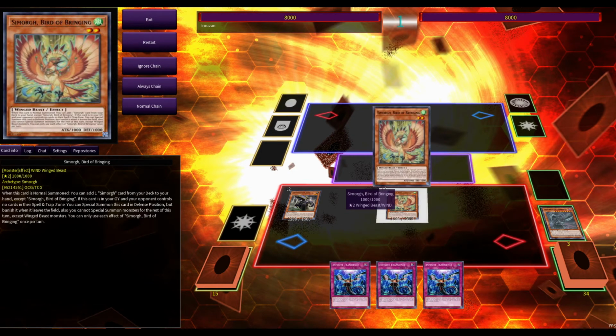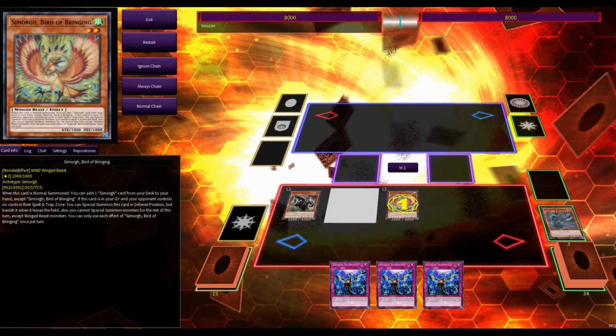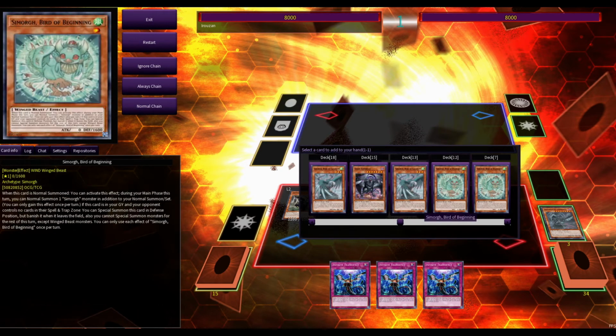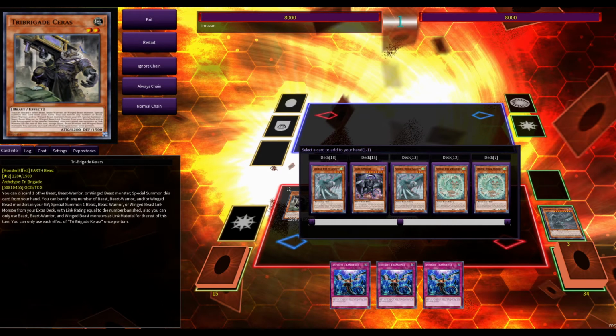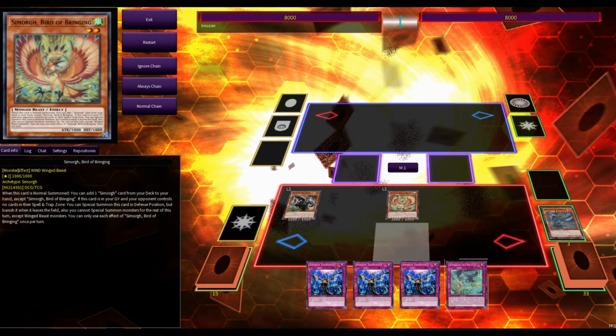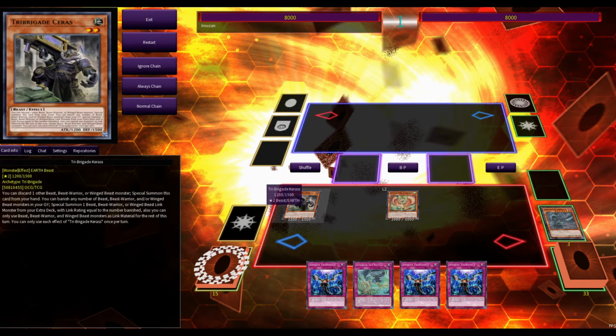And now from here, you go him. And when he's normal summoned, you add a Simorgh card. So if you wanted to keep the Dark Simorgh, you could add a different Simorgh for Saris to discard there. But I'm going to add this, because this is where we can set up the little mini lock with the Wind Barrier statue. And so from here, you have to do this first,